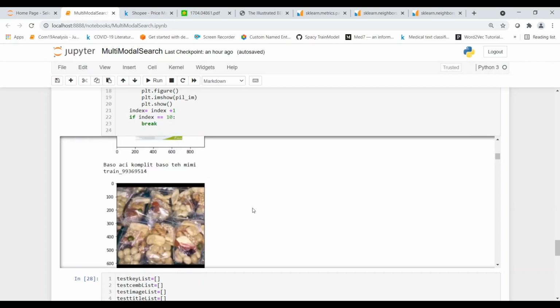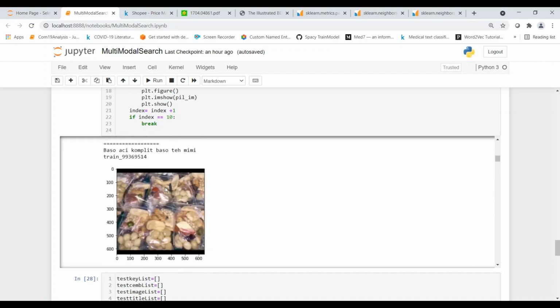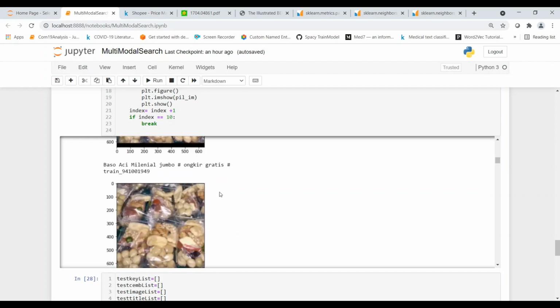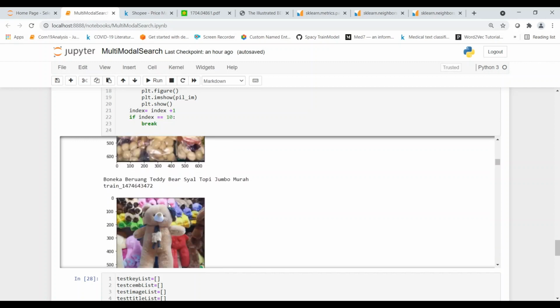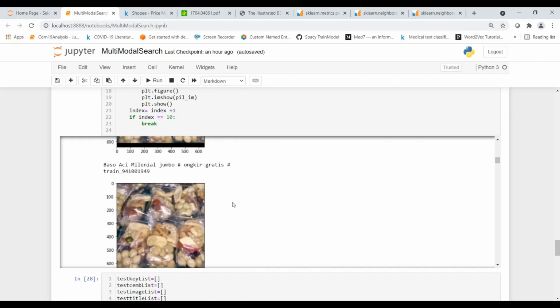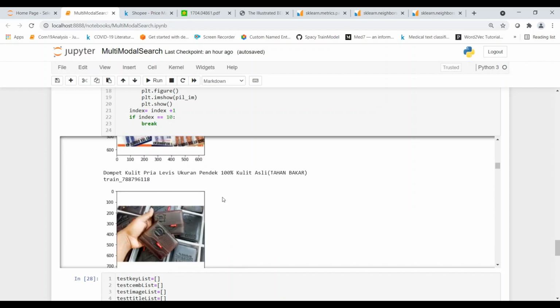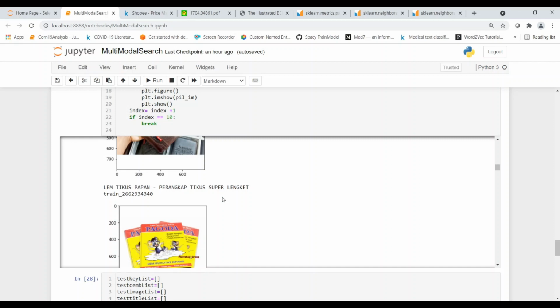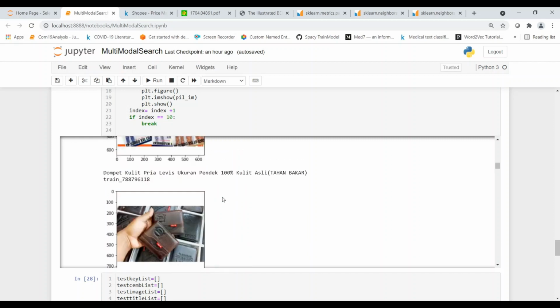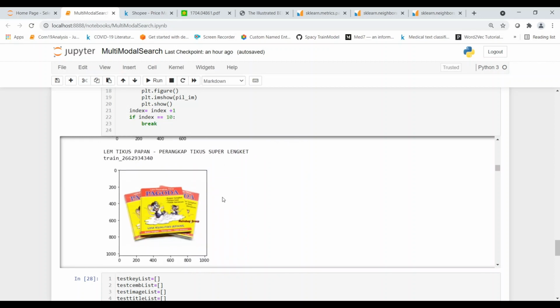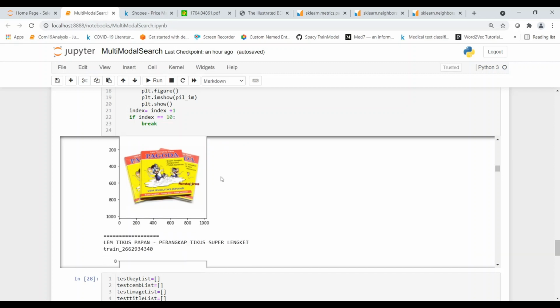Now let's see what kind of images and text it pulls which are similar to this description. Over here you see that first it matches itself, then it starts matching something different. But there is a false positive over here. It is trying to match something else, totally different. So this is a problem, and this is why this model is not accurate. It can match something else also. So it is able to pull some images and descriptions which are very similar to our query, but it is also pulling something else.